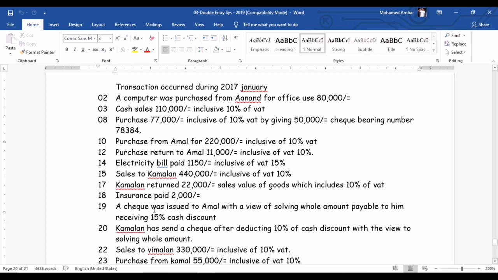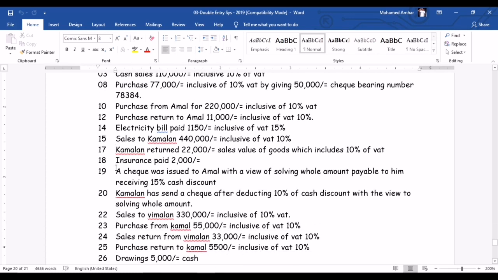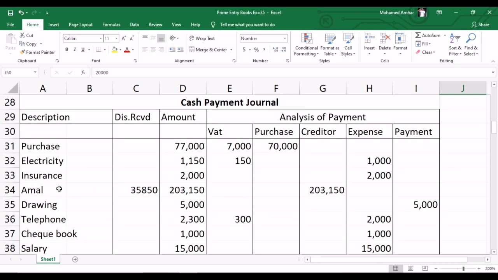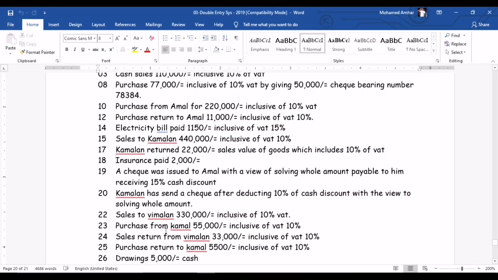Date is 18. Insurance paid 2,000. Right. It is a cash payment. So record that in the cash payment journal. Insurance, okay, in the amount column 2,000, and record that in the analysis of payment under the expense column. Right. Next date is